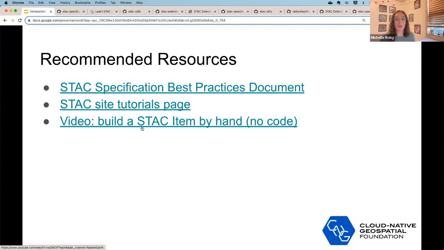But if you're a new learner, it keeps you in the dark about what's going on and what is all included in the STAC catalog. So I recommend that video as you're getting into STAC, just to understand what these tools are doing behind the scenes. And once you understand that, the tools become even more helpful because you know what they're doing, but you don't have to do the effort every single time.